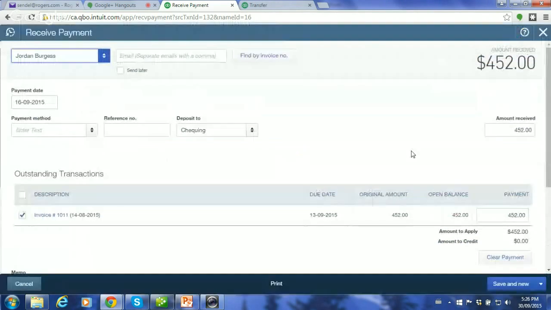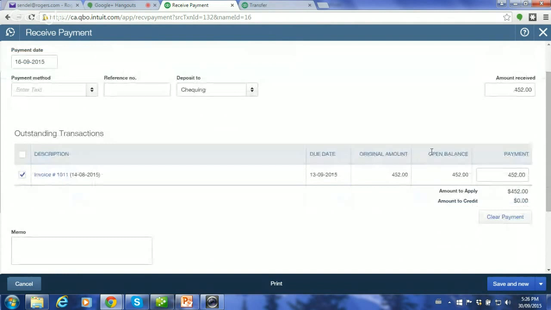Here's the choices that we have. We can certainly apply right here the $447 that we received as net, and that's going to leave $5 over, and then we're going to have to deal with the $5 afterwards, and you're multi-stepping your requirements, and I'm not a fan of doing things in multiple steps if we can avoid it. So one of the options is to fix the invoice before we actually receive the amount.